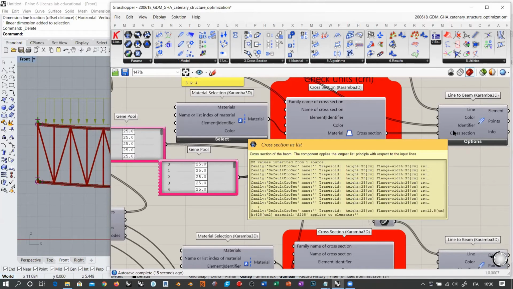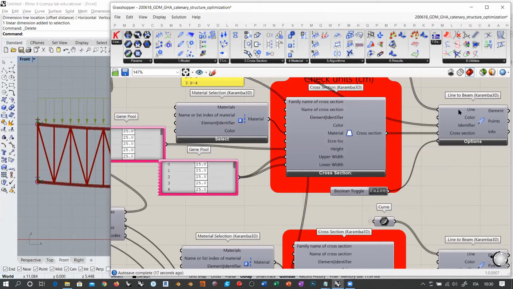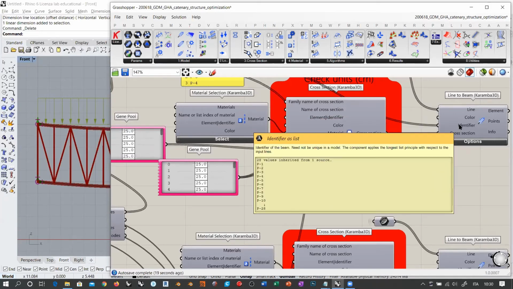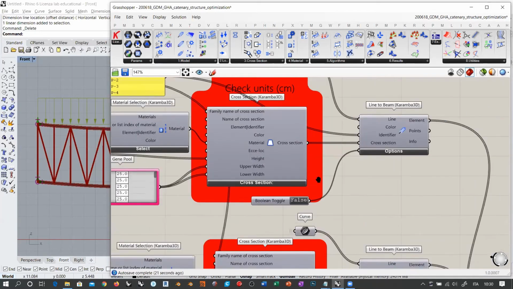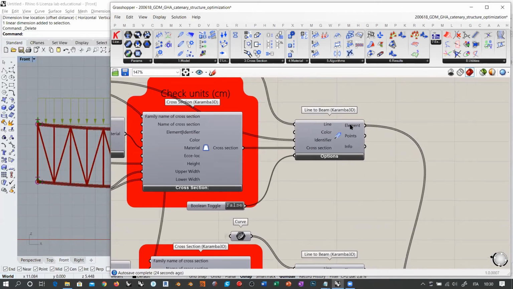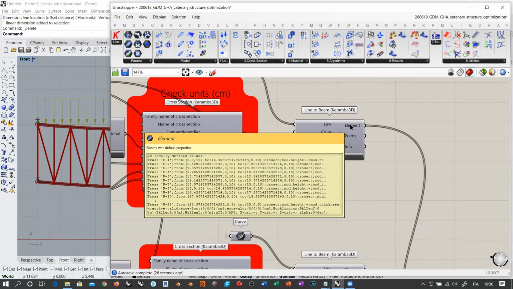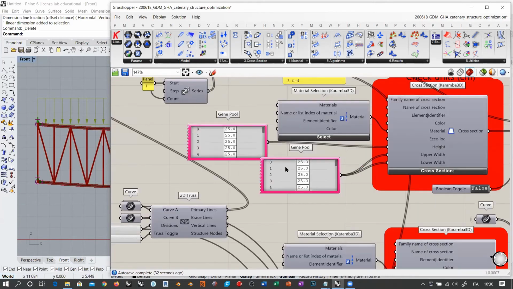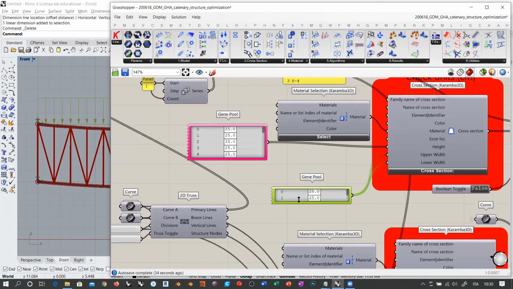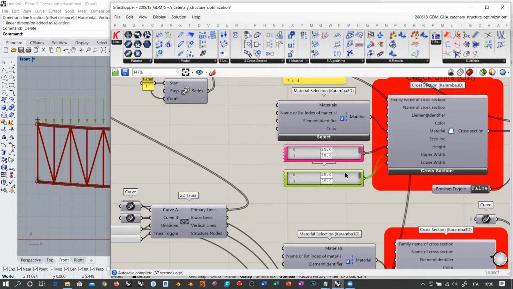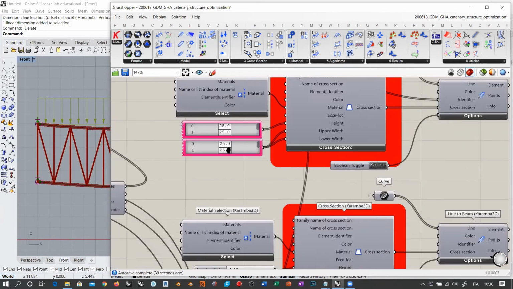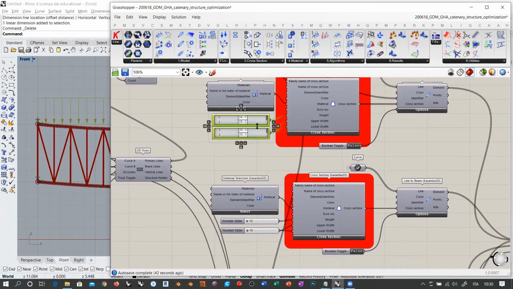Okay, so we have 28 cross sections and 28 lines and 28 identifiers. Each element here is receiving 1 ID, 1 cross section height, and 1 cross section width. And we must repeat this for all the elements that we have in our model. So let's collapse these 2 things a little, and what I'm going to do, I'm going to Control-C, Control-V them,